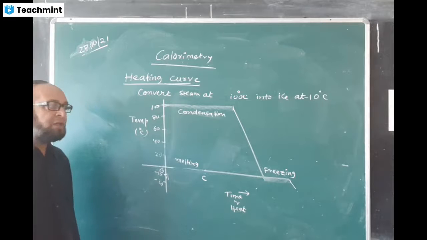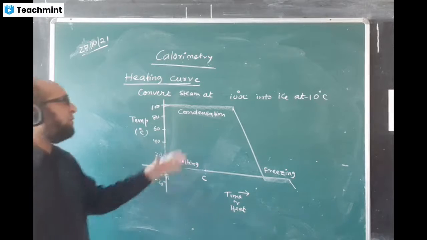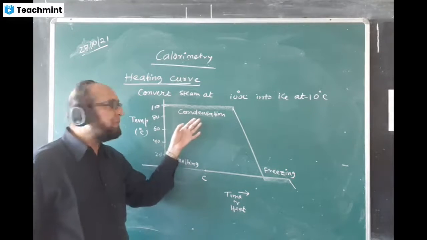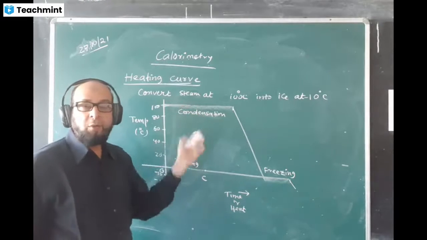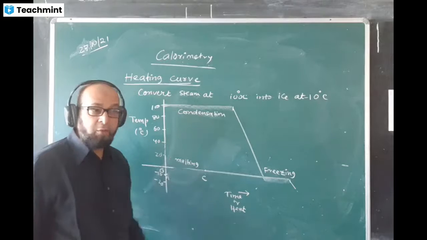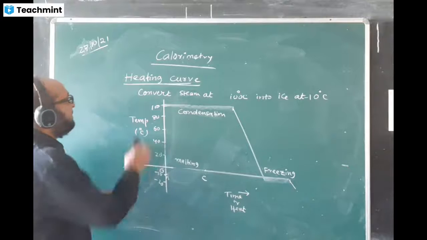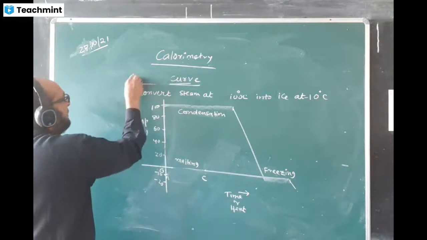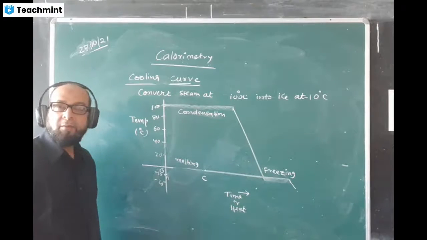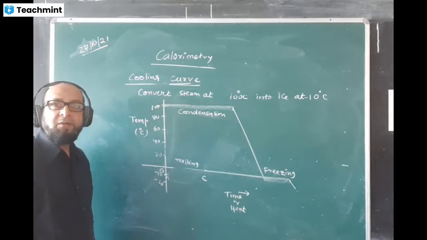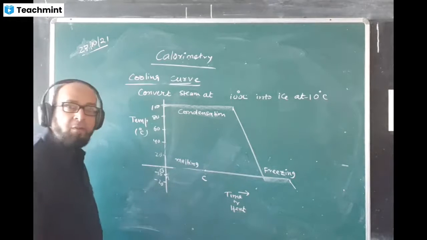Boiling and condensation are just the reverse process. The quantity of heat involved will be the same. At boiling time, we have to supply the quantity of heat, and at condensation time, the quantity of heat has to be rejected, or withdrawn from the body, or lost by the body. Then only condensation will take place. So this curve is called the cooling curve. You see the temperature is falling, that means the body is getting cooler. So such a curve is called a cooling curve. Understood? Okay?